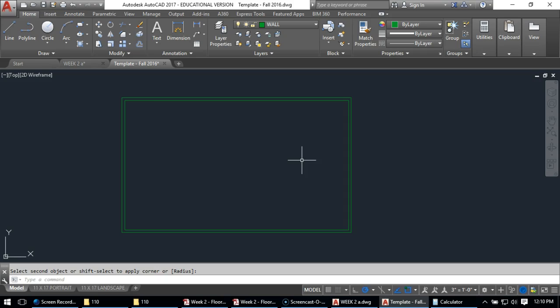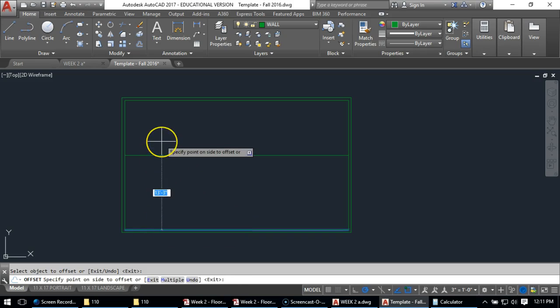Now I'll need to draw some of these interior walls, and I'm just going to use various tools of offsetting and lines and other things. So I know there's a wall that basically goes across here that's set up 13'3". So I'm going to go offset. I'm going to type in 13 foot mark and 3 and push enter, and I'll click this line and pull it up,